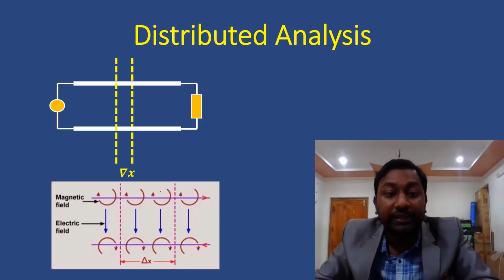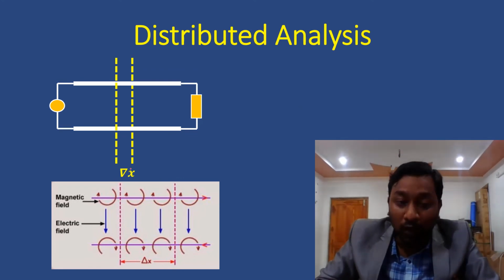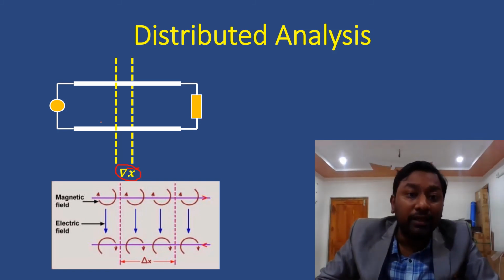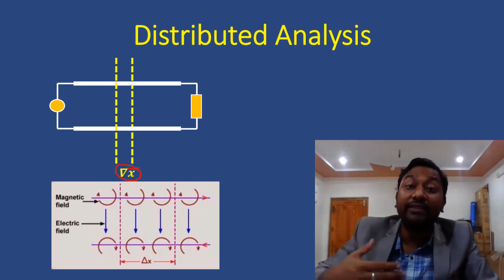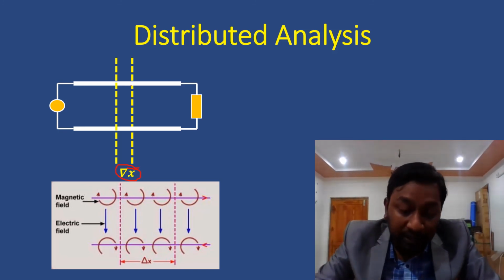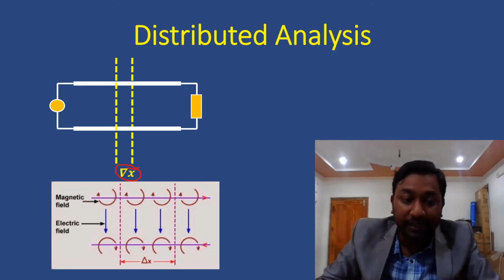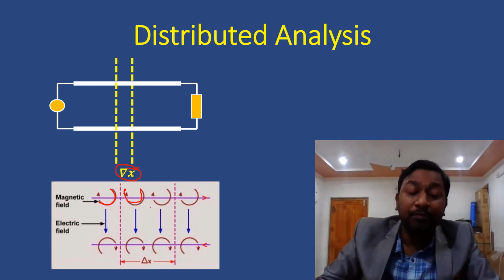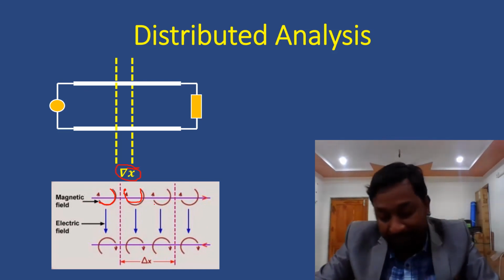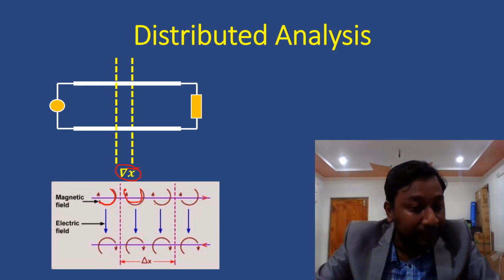Now we'll see how things work. We are considering a very small length, that is del x length of the transmission line. Our main point is why, even in a small length in a two conductor system, the voltage difference is there, and what is the reason behind the voltage difference. Whenever current is flowing through the circuit, a magnetic field is created. Those red lines are the magnetic field. So here we have seen how the magnetic field is created. Due to that continuous variation of the magnetic field, the inductance effect is created.